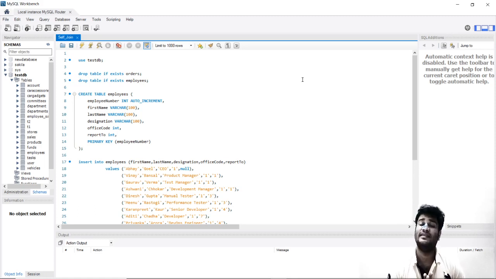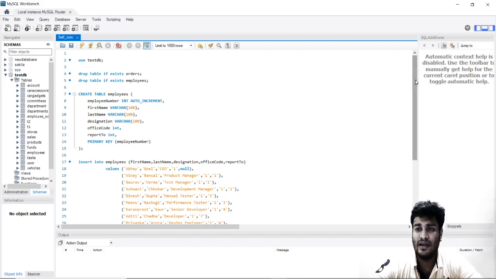Whenever we say that we are joining table A with table B, that is a join. But when we join table A with table A itself, so when we join the table with itself, it is known as self join, and it can be inner join, left join, right join, or cross join. So what is the purpose of joining the table by itself? For that, let us see an example.